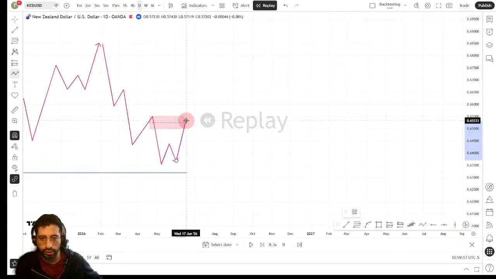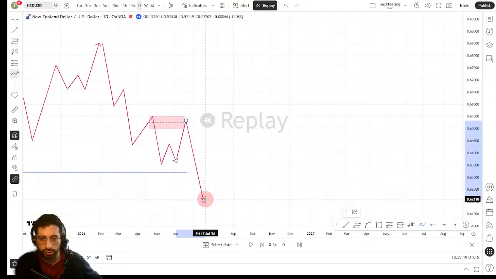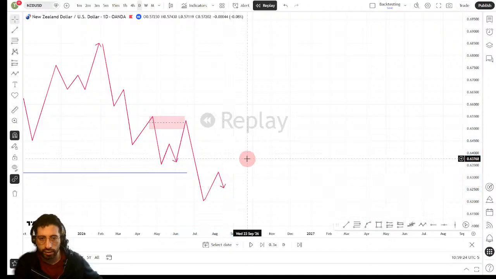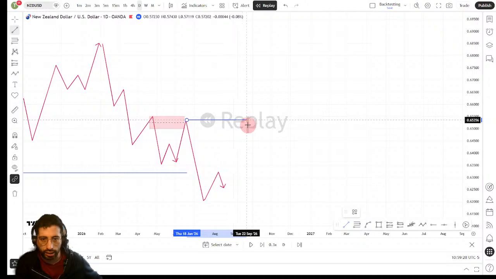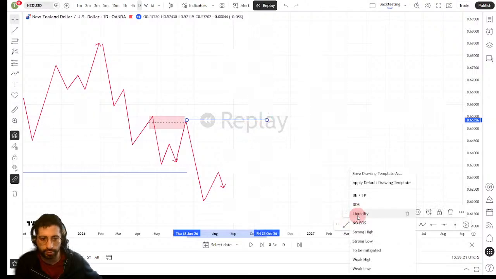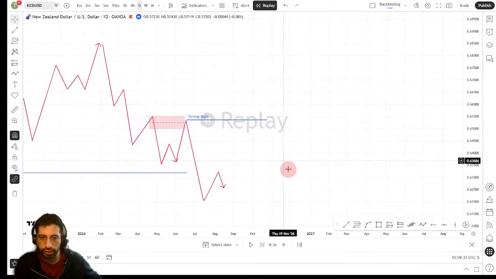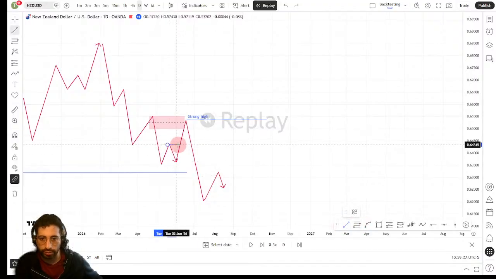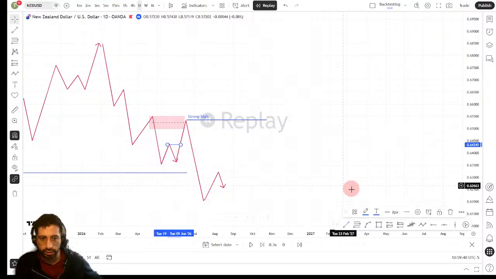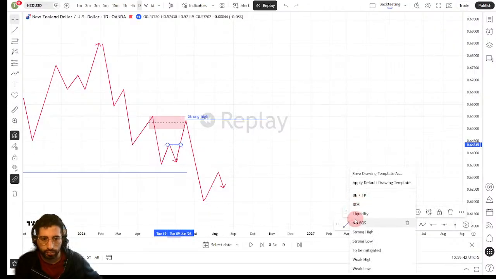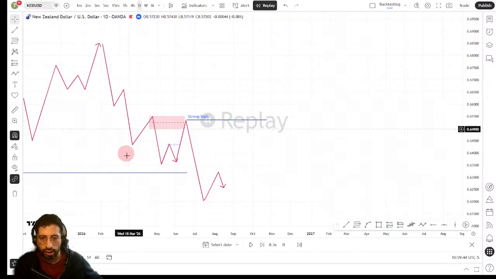So the price took the liquidity of the high and made a pause. And with this, we have a strong high here, right? This high accomplishes all the previous confirmations we have mentioned. So what is the confirmation here? Liquidity grab. This is the liquidity that has been taken, right? Liquidity grab. Boom. And after this liquidity has been taken, we have the next, which is a break of structure,